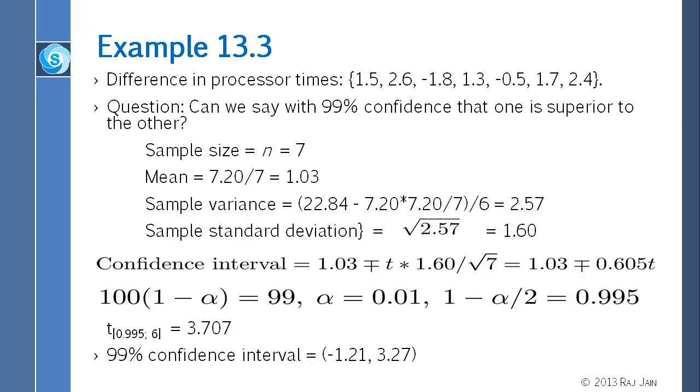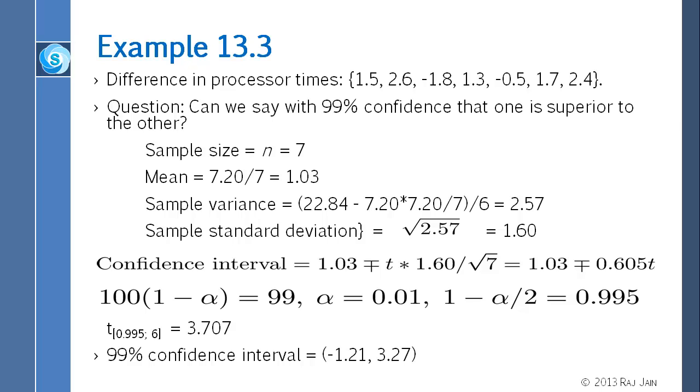Right? But if you do it the right way, then what you will do is you will say sample size is 7, and therefore we can use the t formula, 1.03 minus plus t. Now we need to read at 6 degrees of freedom, and let's say we want to read the 99 percentile. This one is 99% confidence, right? So we read the 0.995 value from the table, and that value comes out to be